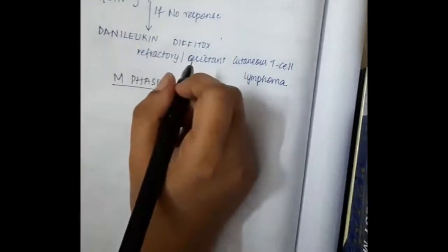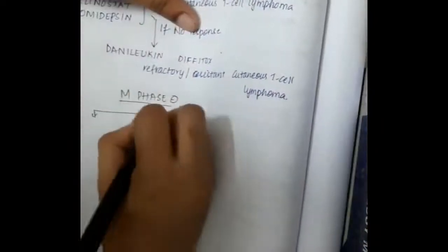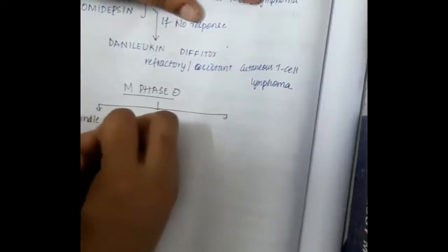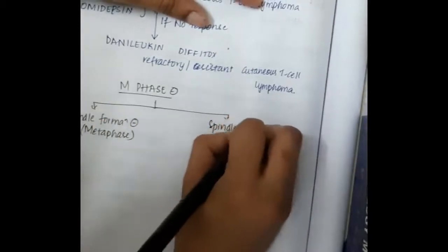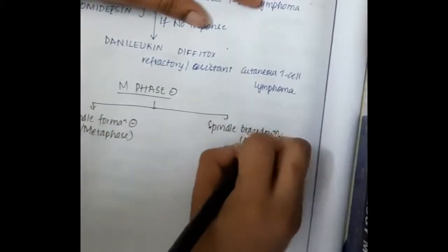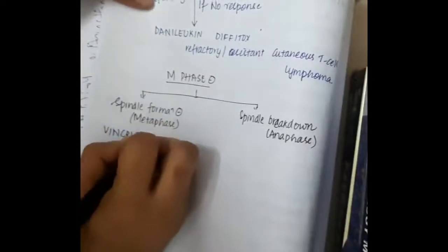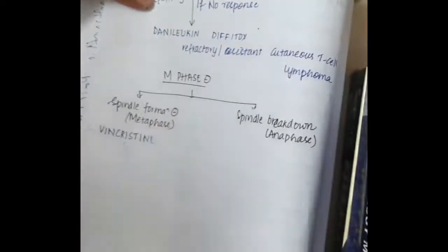Hello friends, let us now learn some important points about M phase inhibitors. In the M phase inhibitors, two important groups of drugs are important here. One, we have spindle formation inhibitors which are used in metaphase, whereas spindle breakdown inhibitors are actually used in anaphase. Among the spindle formation inhibitors, which are used in metaphase, these drugs include vincristine,